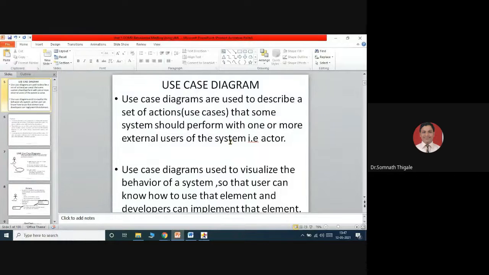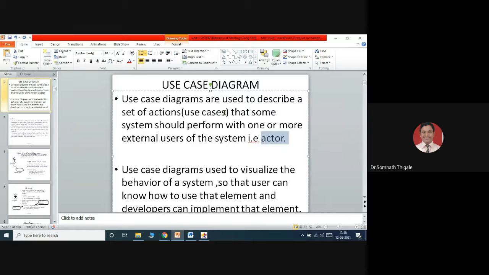We will call them what? Actors. So the actor is an external element. Actor is going to interact with the system. That system interaction will be represented in terms of use cases. So the simple way I can say is, to complete the use case diagram, at this moment we need two important parts.